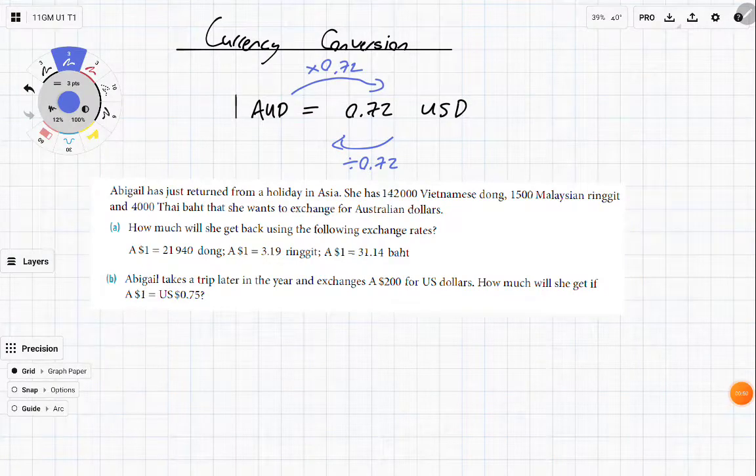Alrighty, so Abigail has just returned from a holiday in Asia. She has 142,000 Vietnamese dong, 1,500 Malayan ringgit, and 4,000 Thai baht that she wants to exchange for Australian dollars. How much will she get back using the following exchange rates? These are all Australian dollars into foreign currencies, and we've only been given foreign currencies. So we're going to be going backwards on this chart, meaning we're going to be dividing by each of the